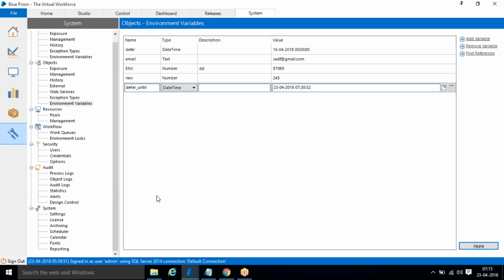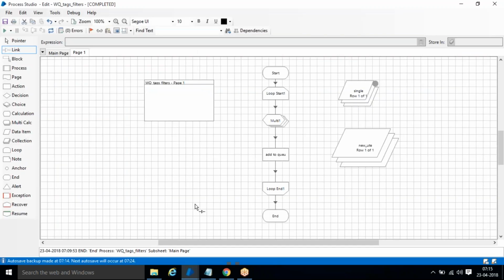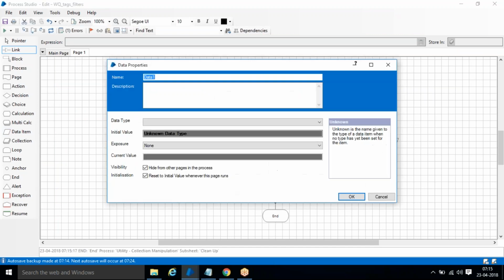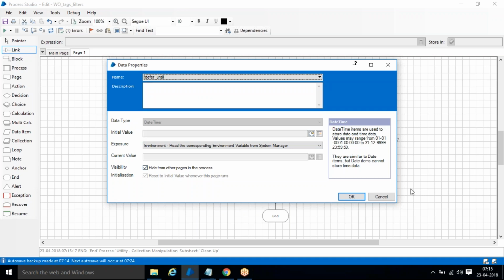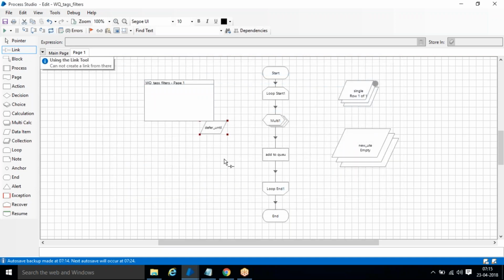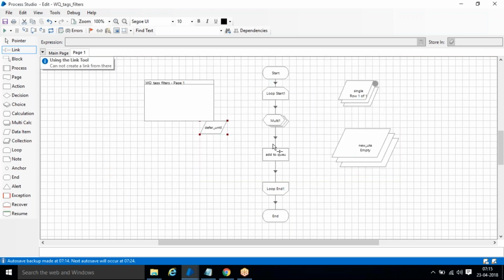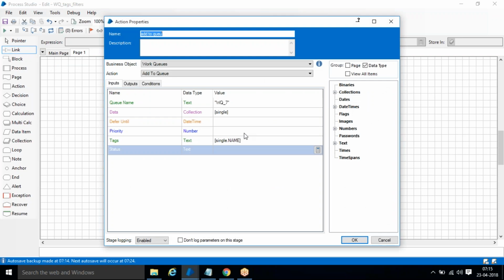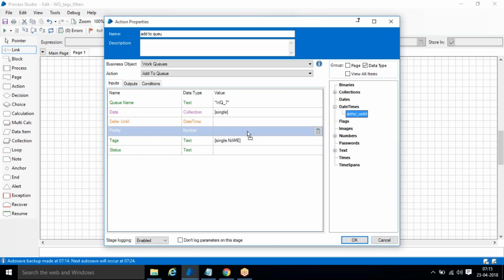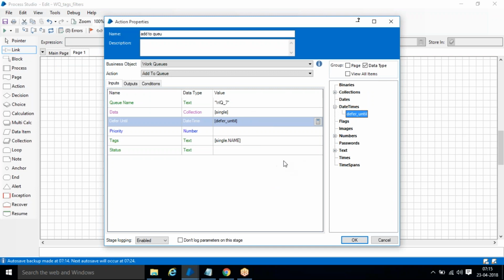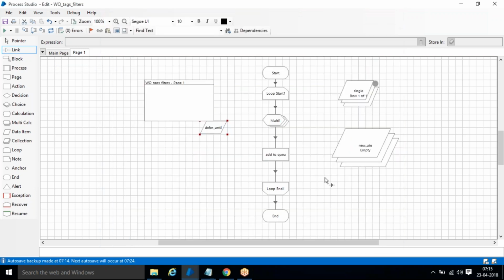Now come to this. Now we have to use that. Double click. If you want to use an environment variable, we have to use exposure to environment and defer until. Click OK and reset. Now observe the time here. See this? This is the defer until time. If you give the time here in a queue, date and time, in a defer until, up to this time it will not take those records. So here